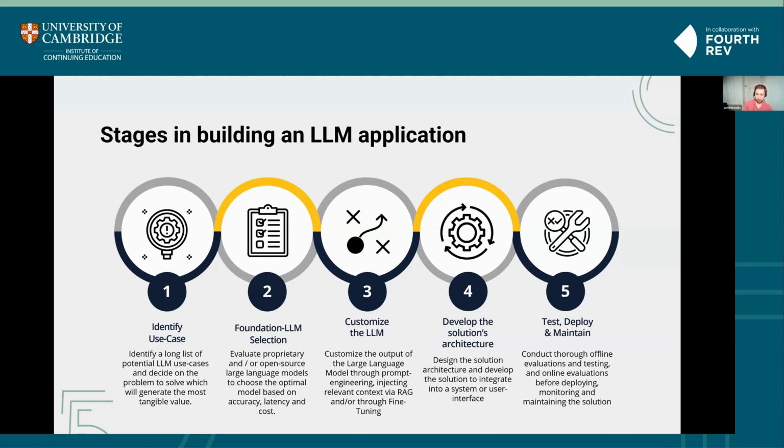Latency, how fast the model can output tokens if you need very quick responses, might be a big factor. The rate limits: you may be estimating how often the large language model is going to be used, and if you're hitting rate limits, that may cause issues for the user. And of course, cost. If you're expecting to be processing millions and millions of tokens, and you have a limited budget, then taking that into account, and maybe choosing a less capable model that is cheaper, or self-hosting an open source model, could be a good decision in that scenario.